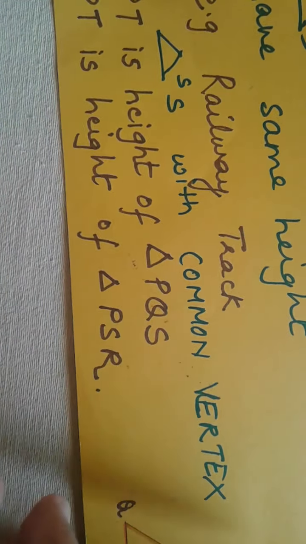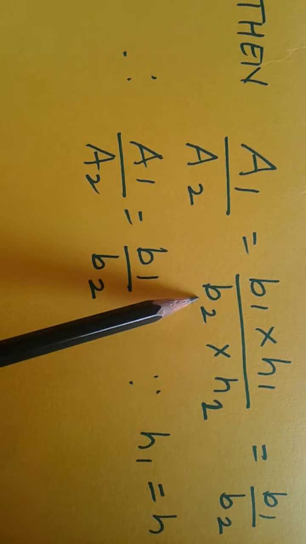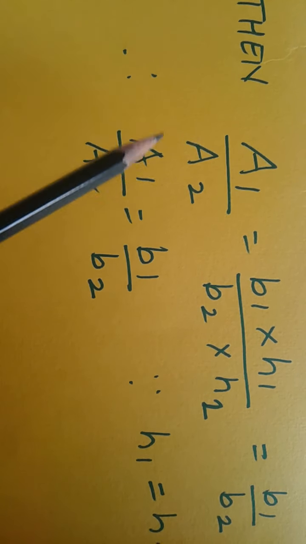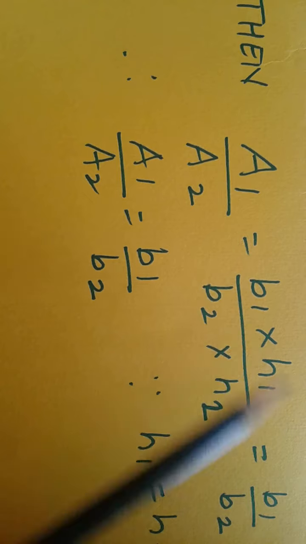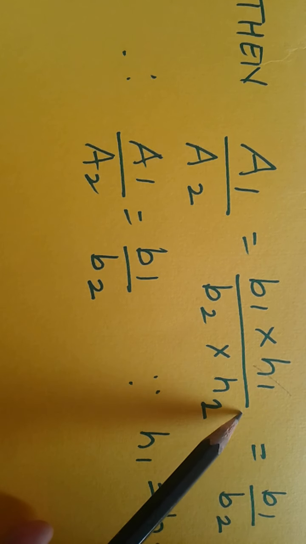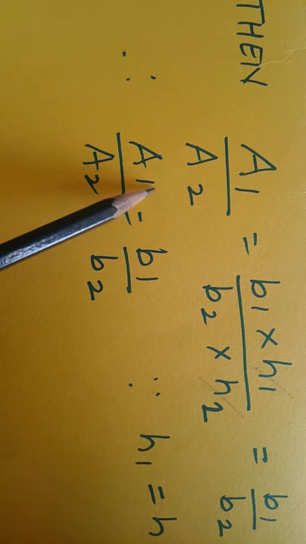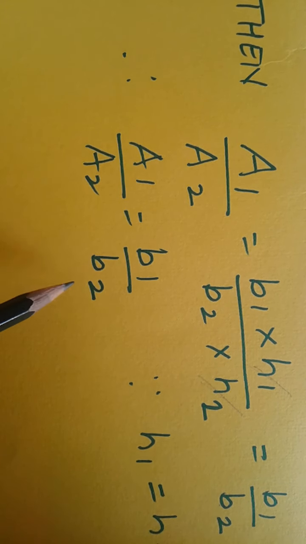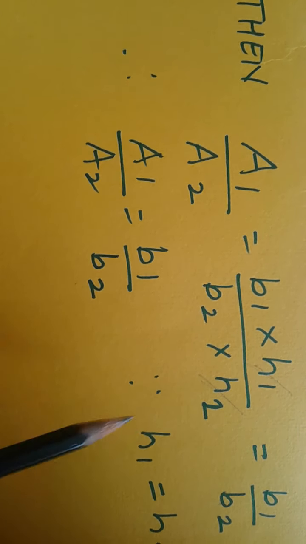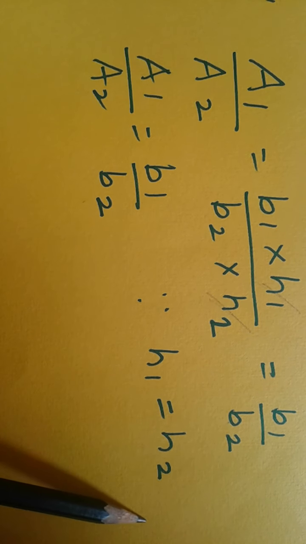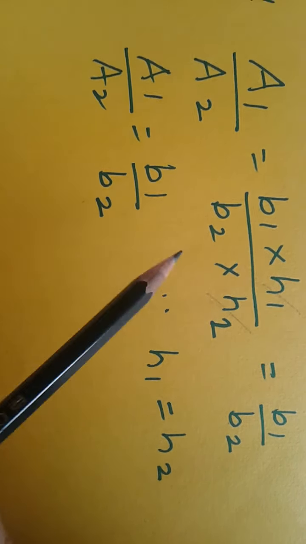So, if we substitute it in the formula, then we get A1 upon A2 is equal to B1 into H1 upon B2 into H2. This is the formula for the ratio of areas of two triangles. Now in this case both the heights are equal. So we cancel the height and we get B1 upon B2. Therefore for condition 1 the formula is A1 upon A2 is equal to B1 upon B2. Why? Because the heights are the same, they get cancelled. Now in condition